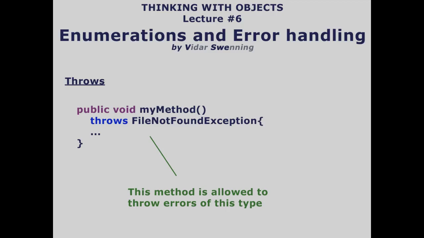And remember, if we call that type of method, we will have to make sure to catch that error, that exception, in some way. So that was what we had with the constructor of new scanner. So when we created a new scanner and gave it a file, then that constructor was defined